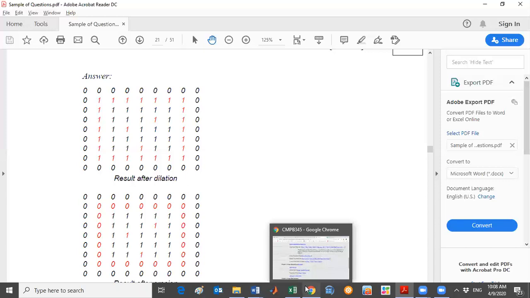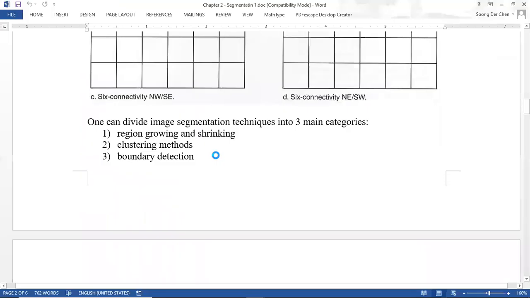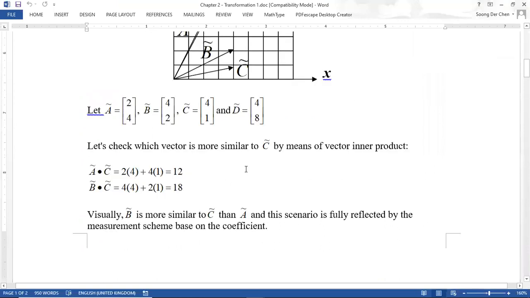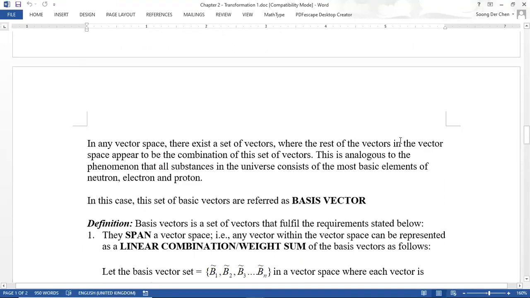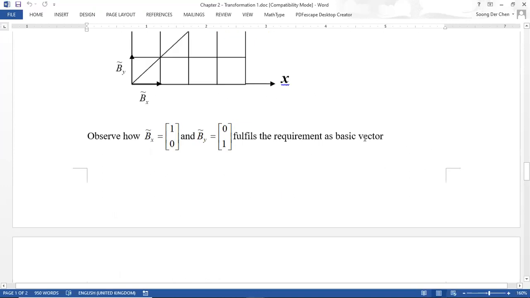All right. Okay. We go for transformation. So transformation is very important. It's something to do with frequency. Okay, I'm going to skip all these lengthy mathematics. Go straight. So when we talk about transform, what we want is we want to transform, because image, all right,